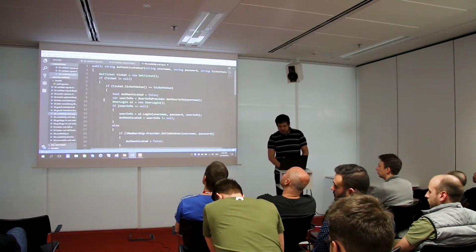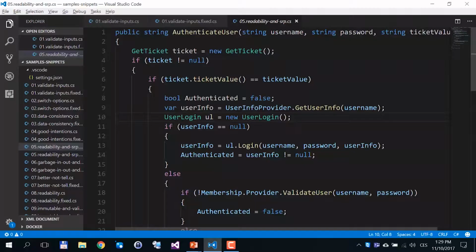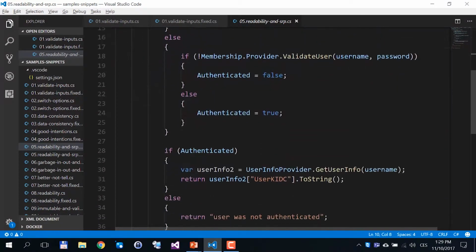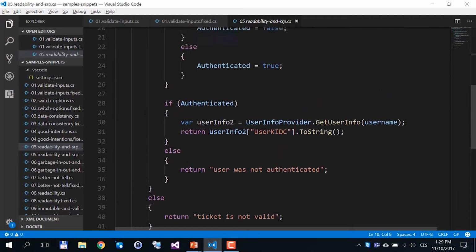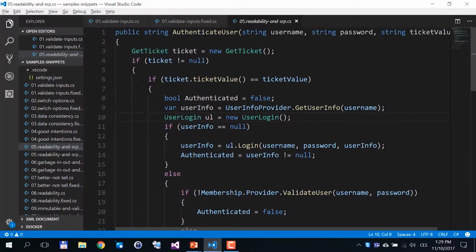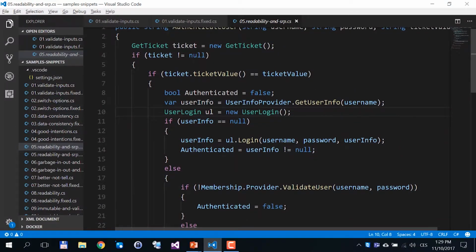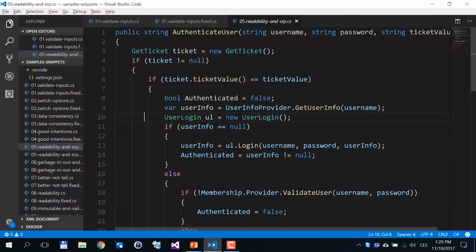Okay, another code. This is the authenticate code of some API method. I will just scroll down, and there are a few different things that are quite problematic. First, how could ticket be null? Yeah, because you instantiated it? There are a few different things, but